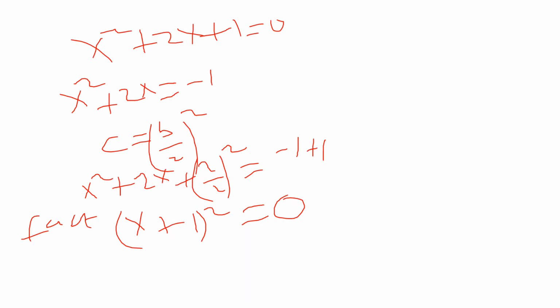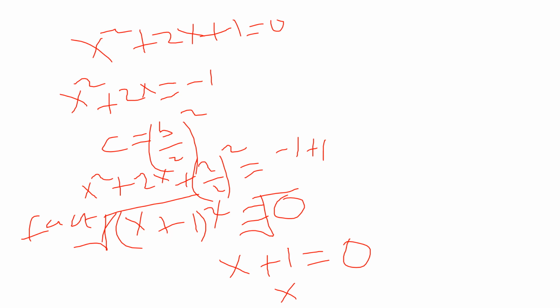The next thing, we get the square root on this side and also the square root on the other side. So we shall remain with x plus 1, the square and the square root cancel, equals the square root of 0, which is 0. And then if we take 1 to the other side, we shall have x equals negative 1. So that is how we can solve it using